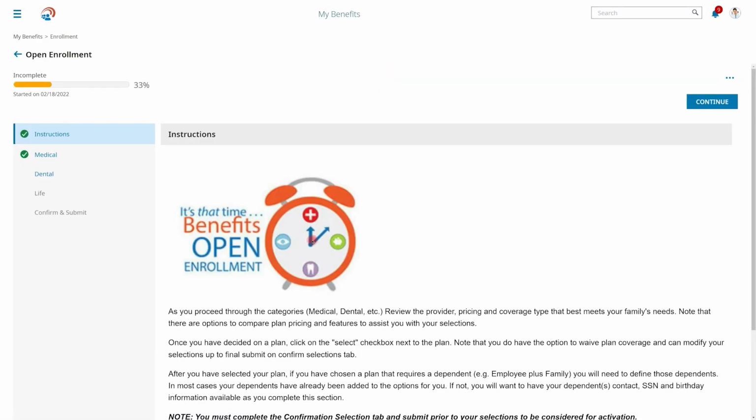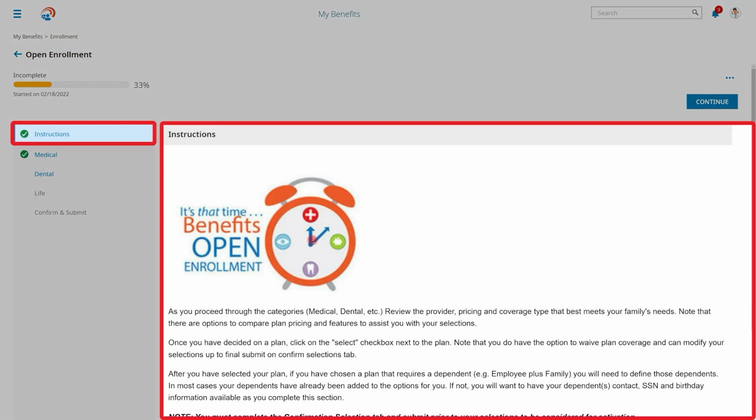Now, automated notifications will alert your employees that it's time for open enrollment to begin. As your employees launch into the enrollment process, they are first brought to an instruction screen, which can be configured to give your employees an idea of what to expect as they work through this process. This can include written instruction, embedded videos, and access to supporting documentation, which will help educate your employees and encourage